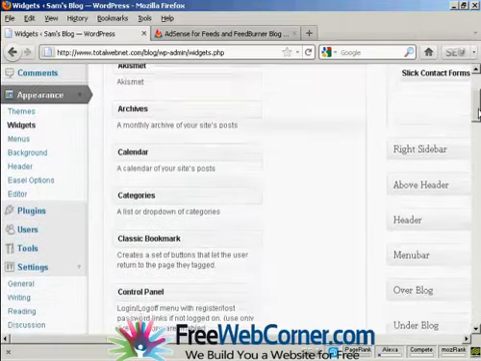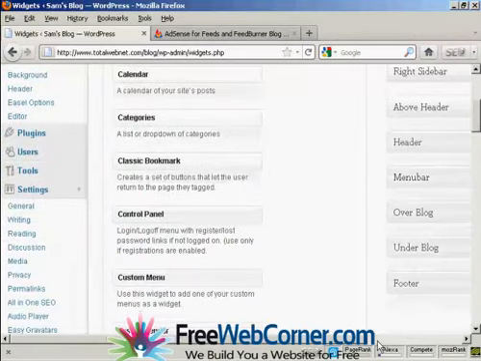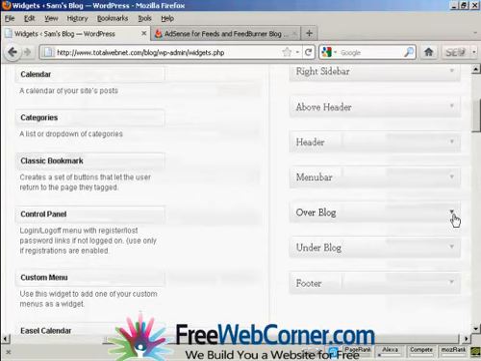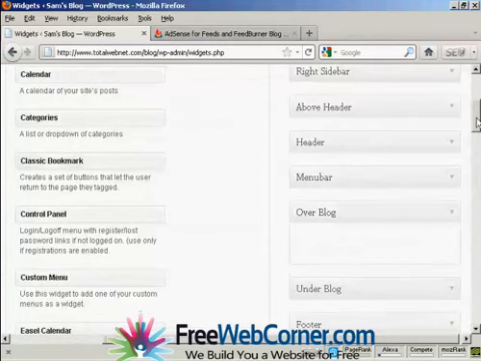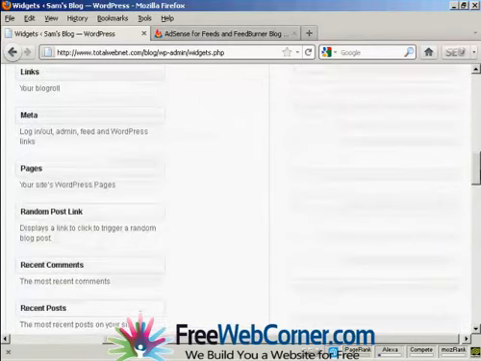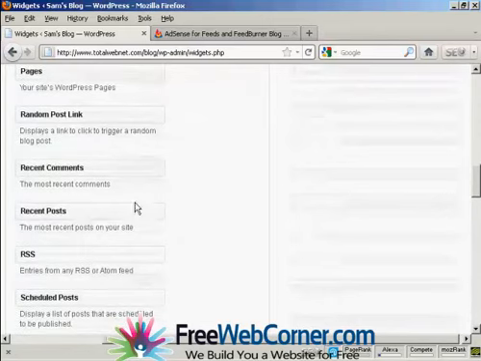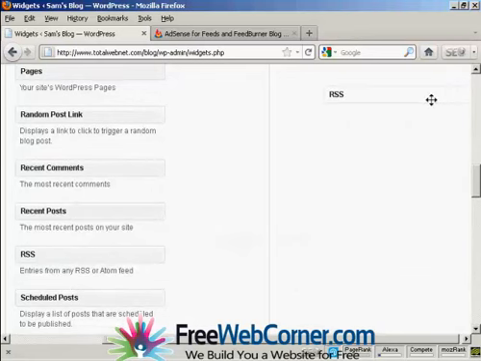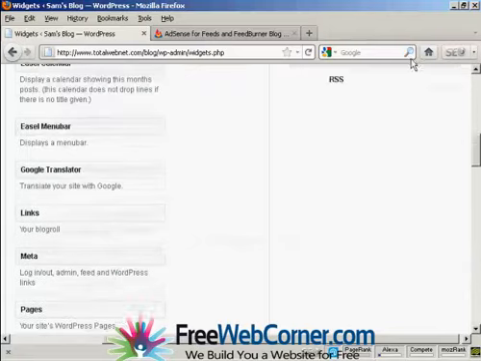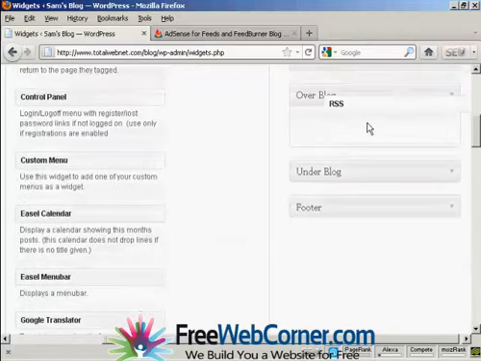and I'm going to come back to my blog, and I'm going to use a widget for this, and I'm going to place this widget over the blog. So let me just open up that for the moment, and then the widget that I'm going to use is this one here, RSS, and it's already pre-installed. So it says entries from any RSS or Atom feed. So I'm going to drag this up so that it goes over the blog,